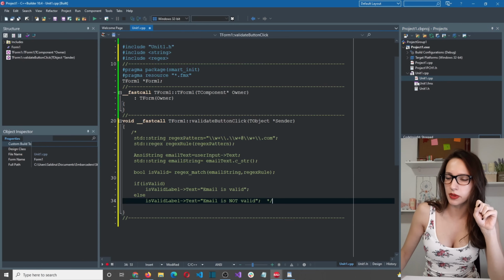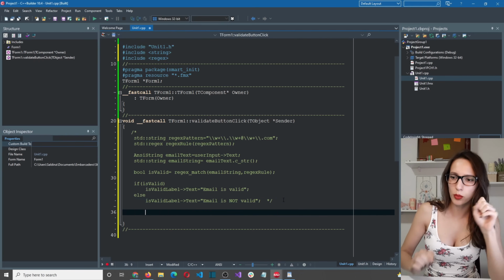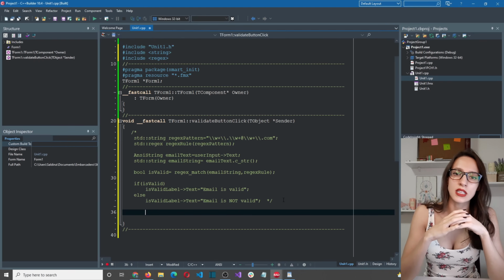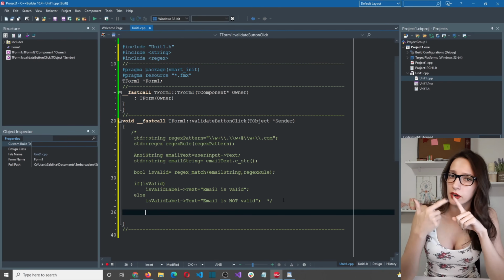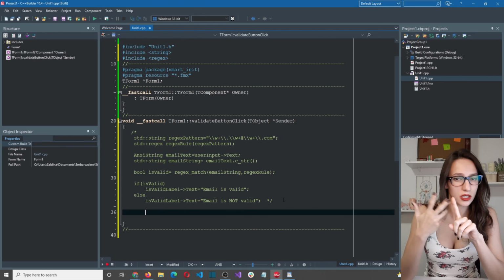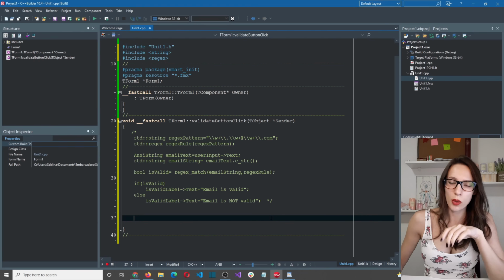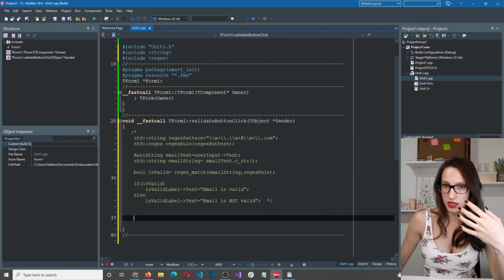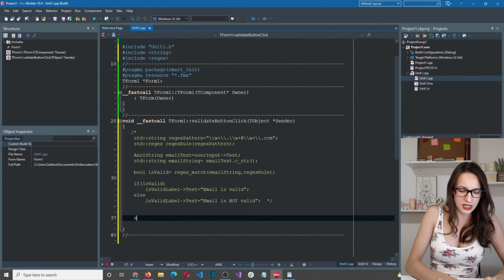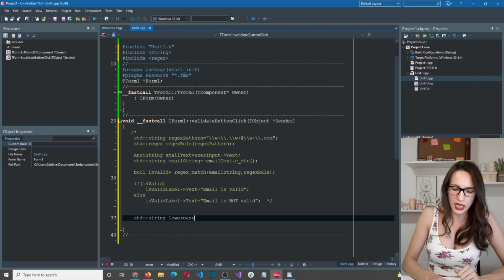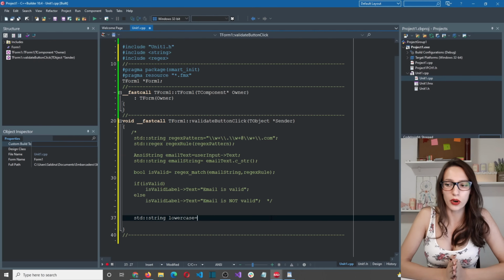So let's go back to the CPP file. Okay, and here I will write regex for password. Now the rule for password is that it needs to contain at least one lowercase letter, one uppercase letter, and then one special character and one number. So that is the regex rule that we will write. So I will divide this into 4 rules so that it is easier to understand. And let's start with lowercase letters. So let's say std string, and let's say lowercase. Okay, so here will be the rule for at least one